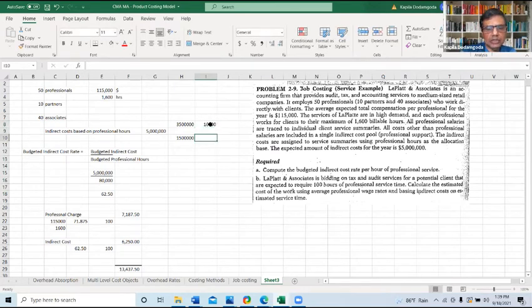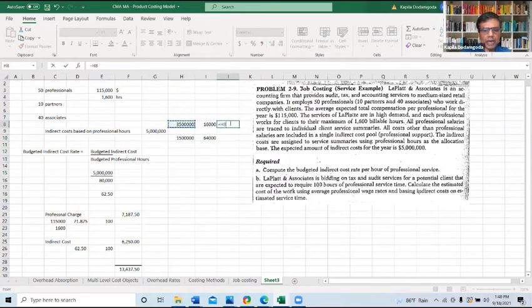And since you have 40 associates, 40 into 1,600 is the number of associate hours. Out of the total 80,000 hours, 64,000 hours are from the associates and 16,000 hours from the partners. But the cost base of the partners is high, in which case your overhead rate for partner-related overhead will be probably 218.